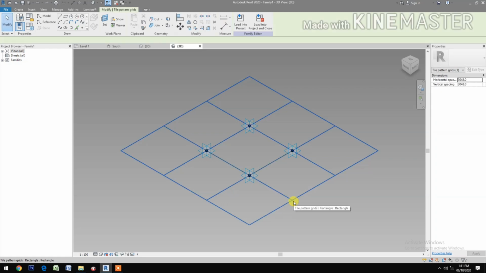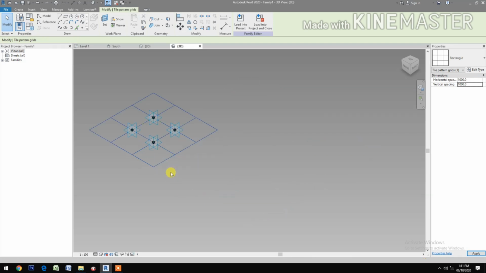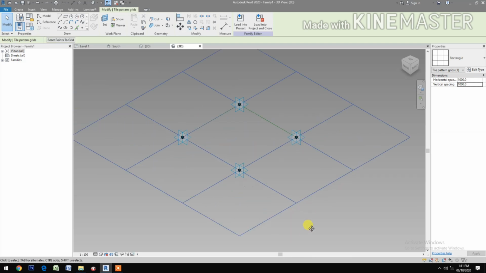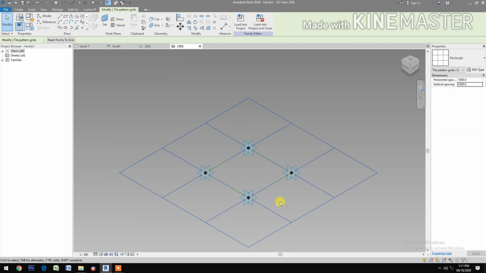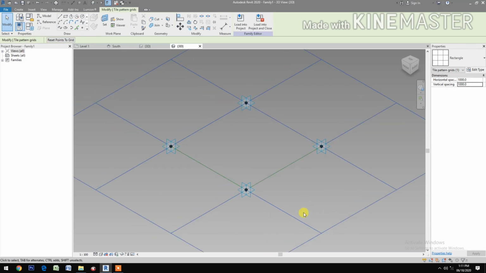Select the grid. Let's change the horizontal spacing to 1000 mm and the vertical spacing to 1000 mm. Okay. Next, select reference point,